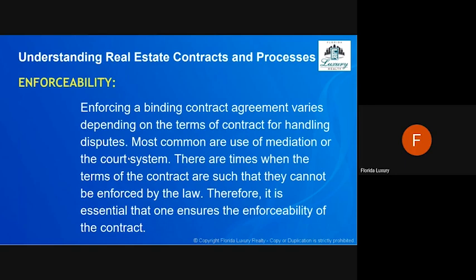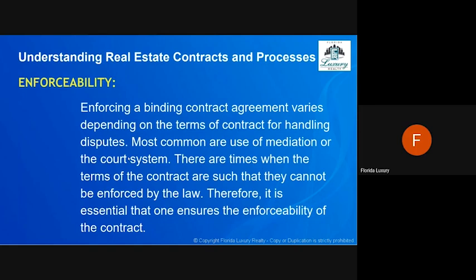Those additional terms, we need to be very specific and very careful about what we put in that box. Because what's happened is agents have kind of gone rogue and just wrote stuff in that box that completely negated other enforceable terms of the contract. We aren't real estate attorneys. We should not be writing legal terms into the contract. So what we need to make sure is that this contract is